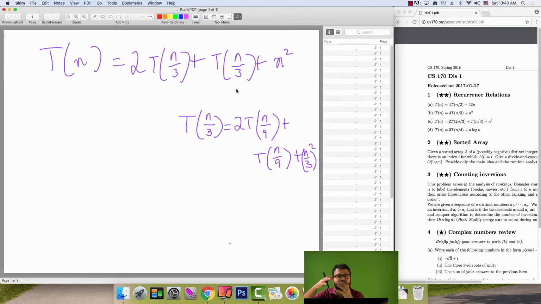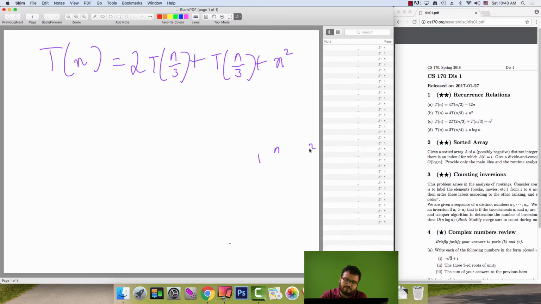So I like to draw the same idea as a tree, and let's see how that works. So we have a problem of size n to start. So let's make a node n. This node does an extra n squared work. Remember that, right? So let's make a note of that. Extra n squared work. Cool. Now this node splits up into 3 different recursive calls. So there's one recursive call of size,